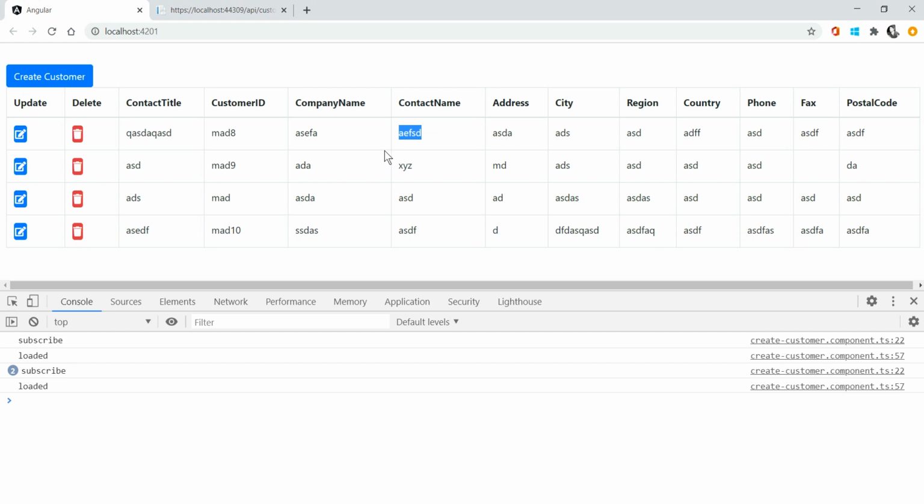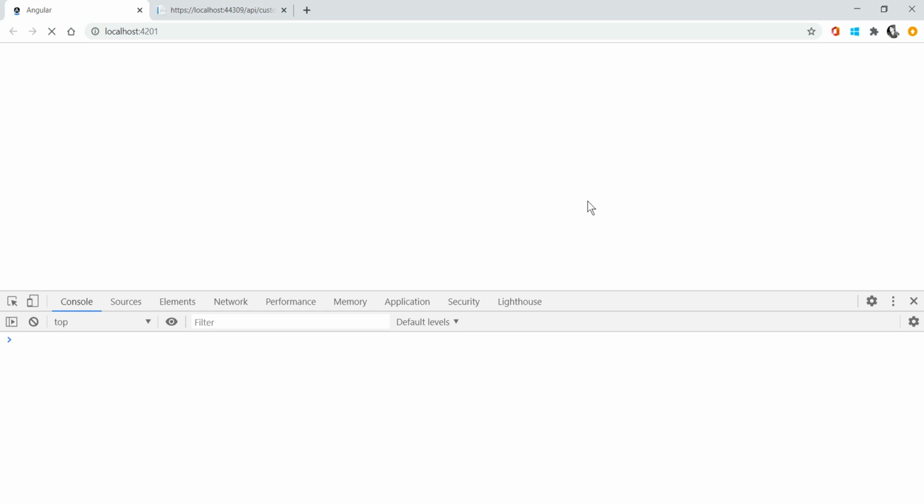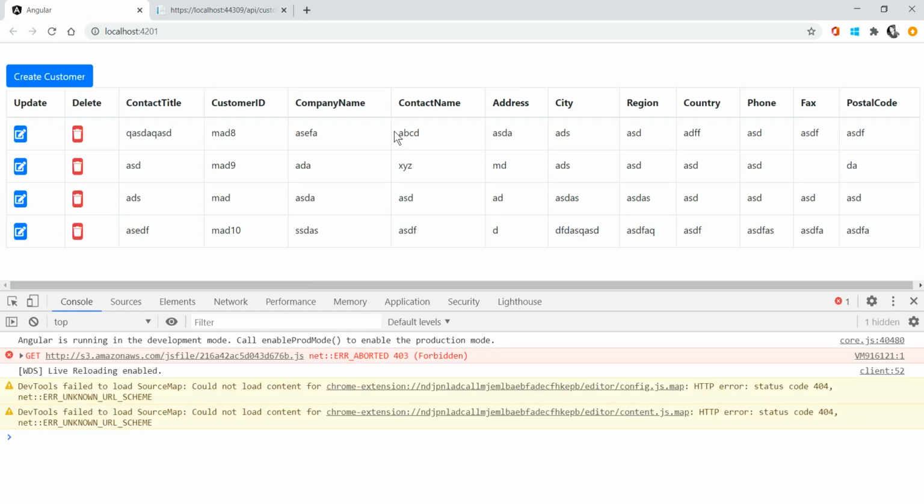This is because I didn't update the row. But once you refresh, what will happen? I can get the proper data. See here, if I refresh, observe the contact name of this customer ID. So I'm getting the proper data, but without the refresh, I want to populate the updated row, the updated data, into this table.